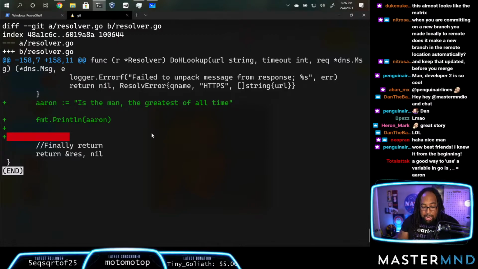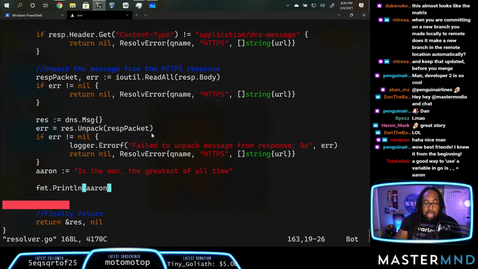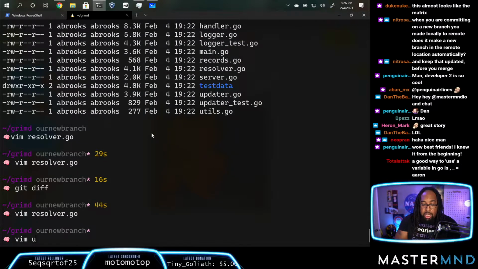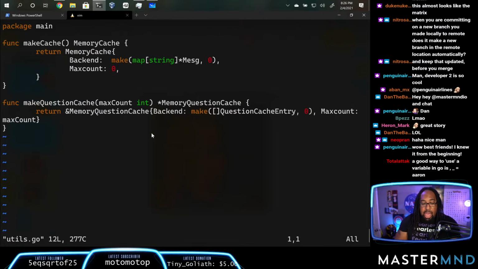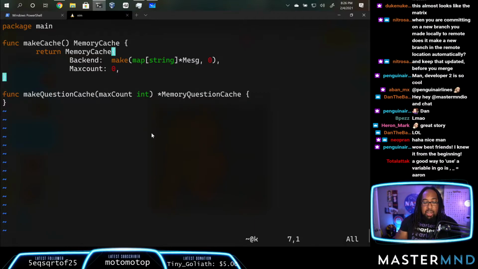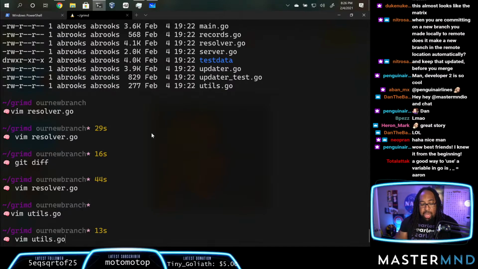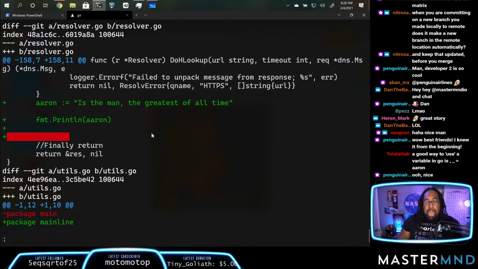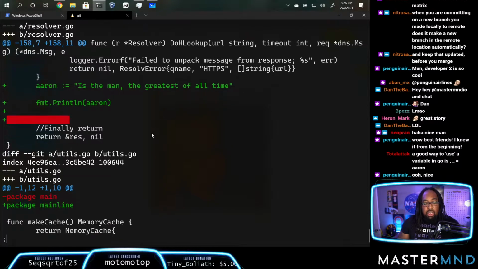Let me go back in here and remove something. Actually, no, let me do it from a different file. Let's go into utils.go. We're going to go down here and delete this line, and delete this line, and we're going to change main to main line, whatever. Okay, we made some random changes, and if we do Git Diff, we still get all the changes, and it's very